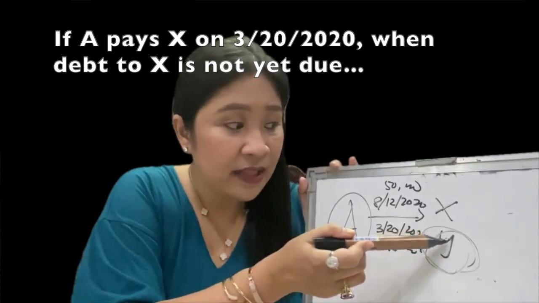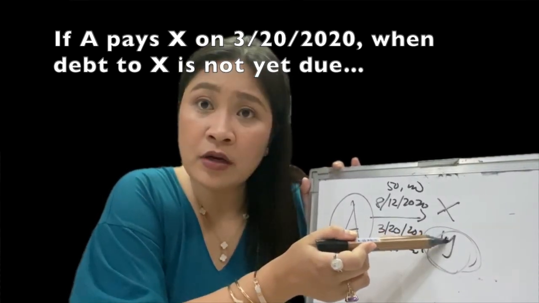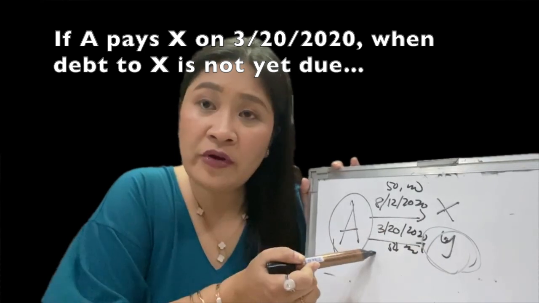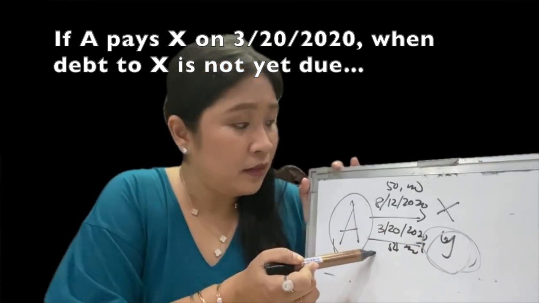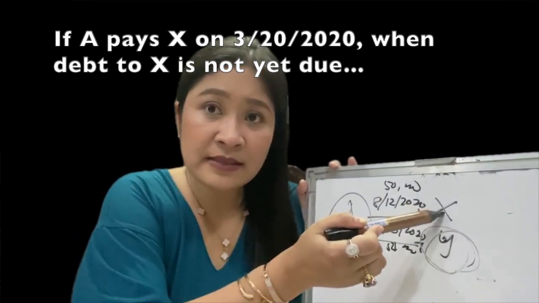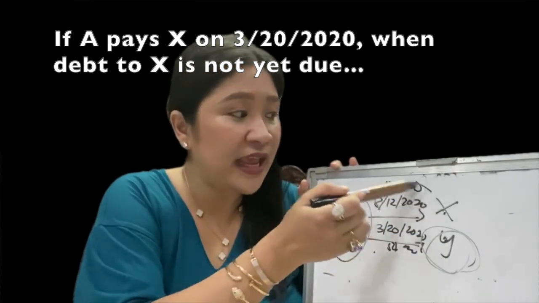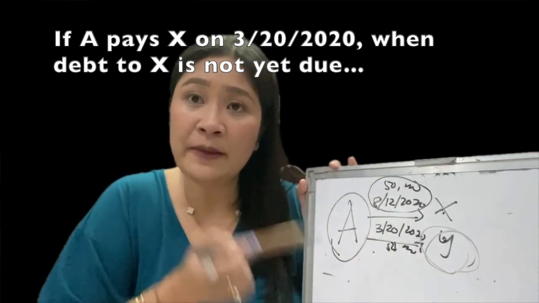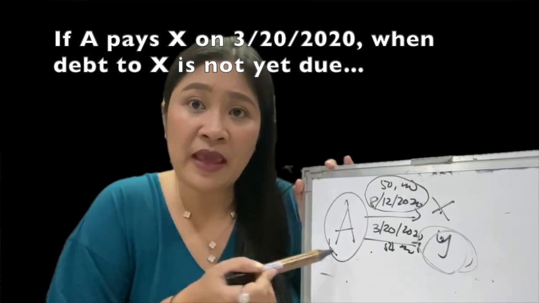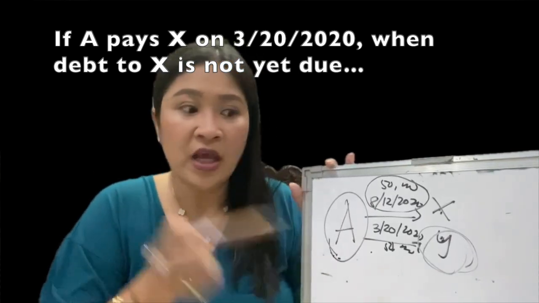Because the debt in his favor is already due and demandable. But A paid X his debt when such debt is not yet due and demandable. And at the same time, A is insolvent. So that is what is meant by 1382. Premature payments in a state of insolvency. Okay? Now,